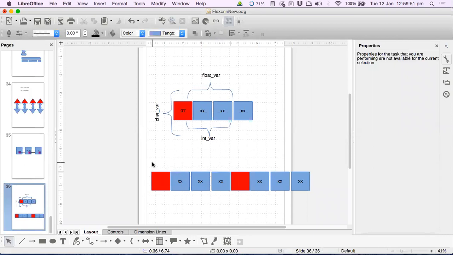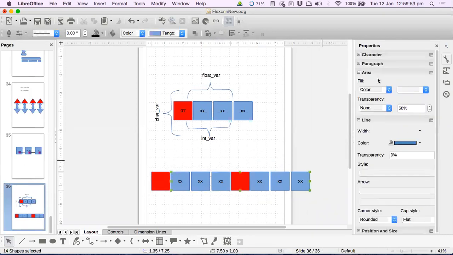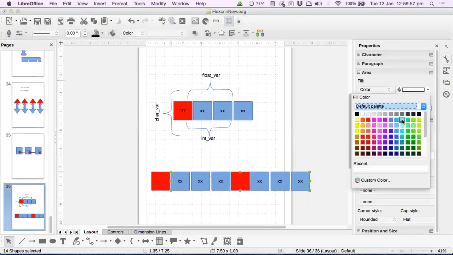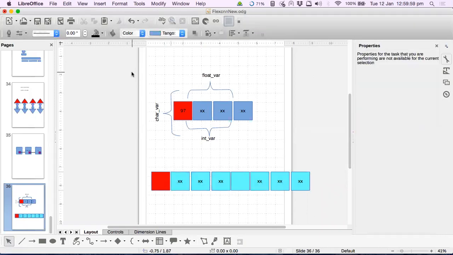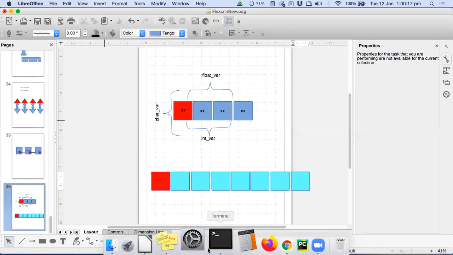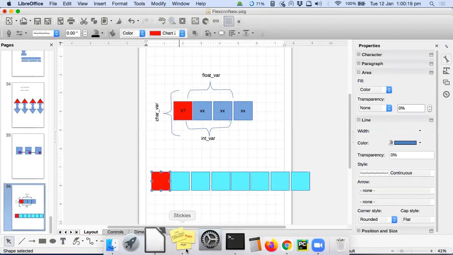So this union has 8 bytes of data, and now we want to store 8 characters here. The easiest way would be to declare the union as a double and then a character array of 8. But he doesn't want to do that. What he wants to do is use a character pointer to traverse all these bytes, starting from the first byte.